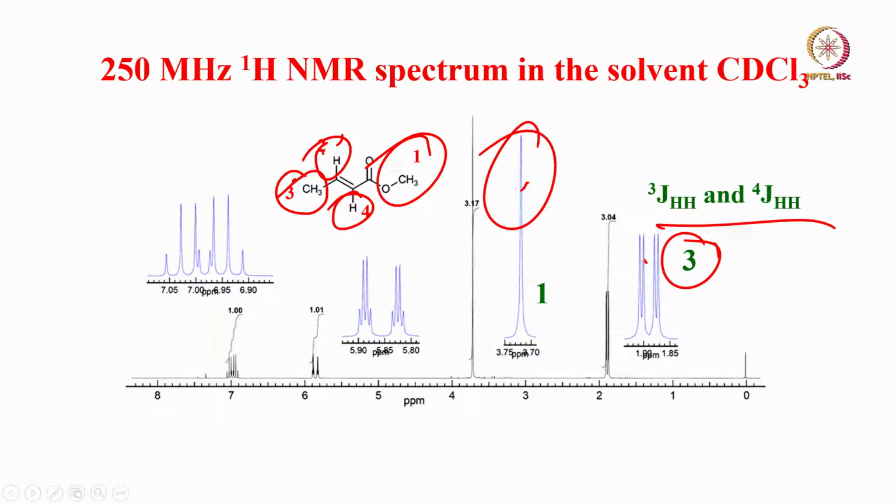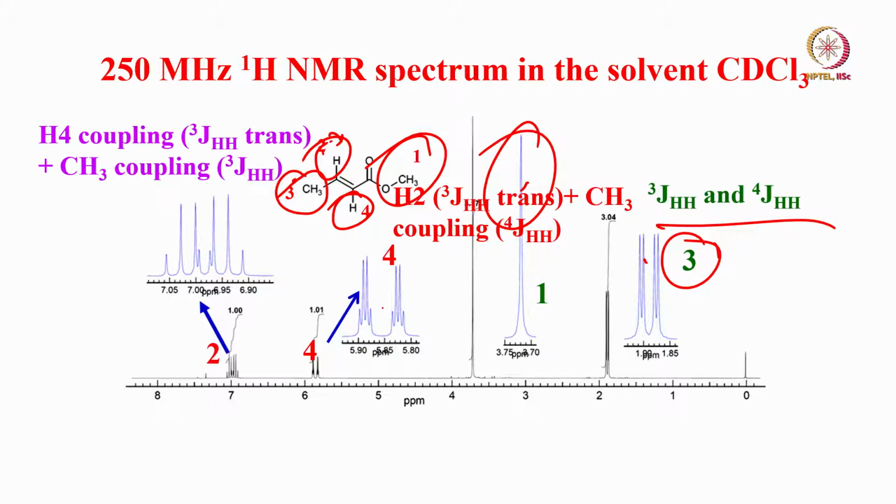Very good. Then what is the other thing which I have to understand? Only the remaining 2 protons. So which are the remaining 2 protons? I will say this is proton 2. This is proton 4, because this has one 3-bond coupling with the trans proton and also the CH3 coupling, a 4-bond coupling. Now this is proton 2. In the case of proton 2, this is coupled to proton 4 and it is going to be a doublet, and each line of the doublet is going to be a quartet because of CH3.